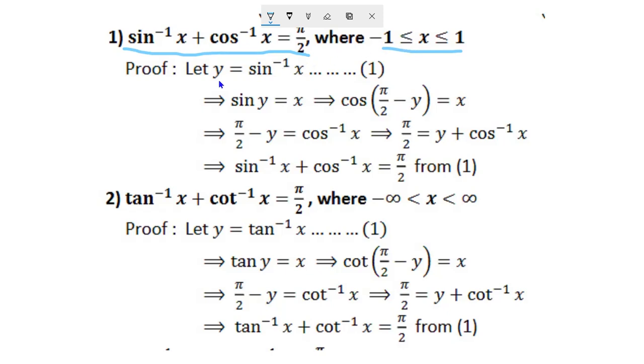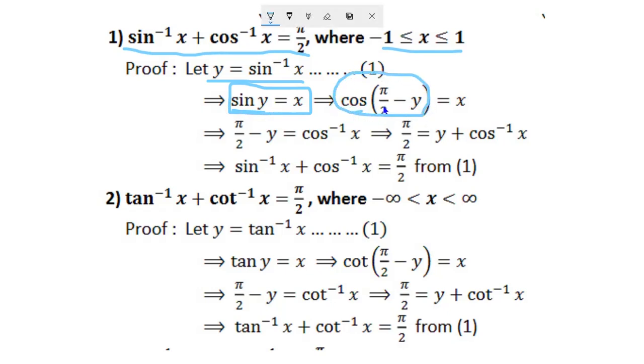Method of proving this is, you take y is equal to sin inverse x. According to the definition of inverse trigonometric function, y is equal to sin inverse x implies sin y is equal to x. In this result, you will have directly by using the definition of trigonometric function. And you know the allied angle formulae, cos of 90 minus theta is equal to sin theta. And this sin y can be written as cos of 90 minus y.